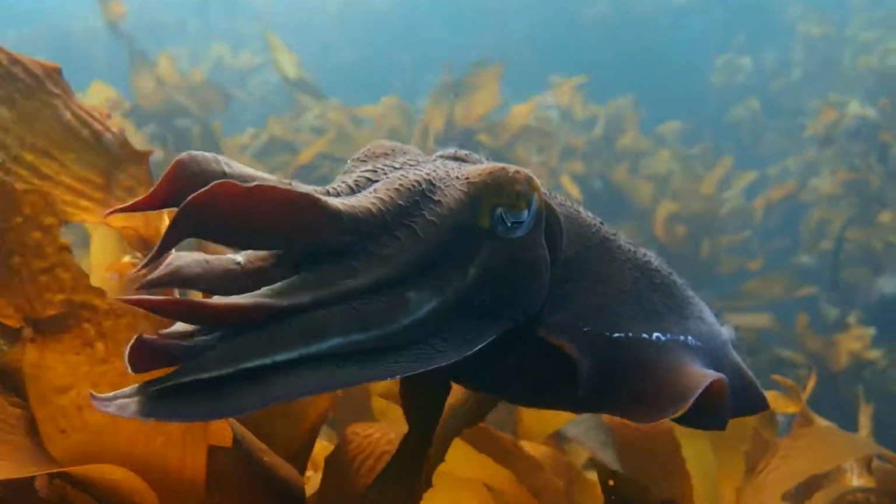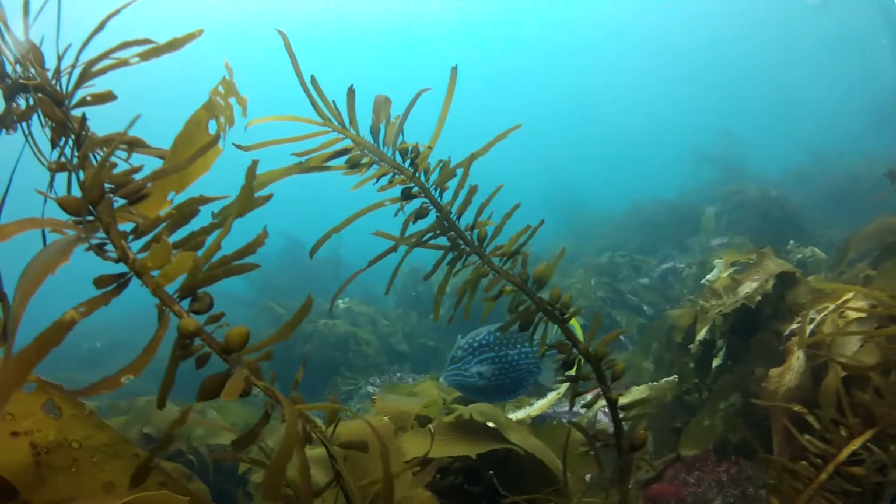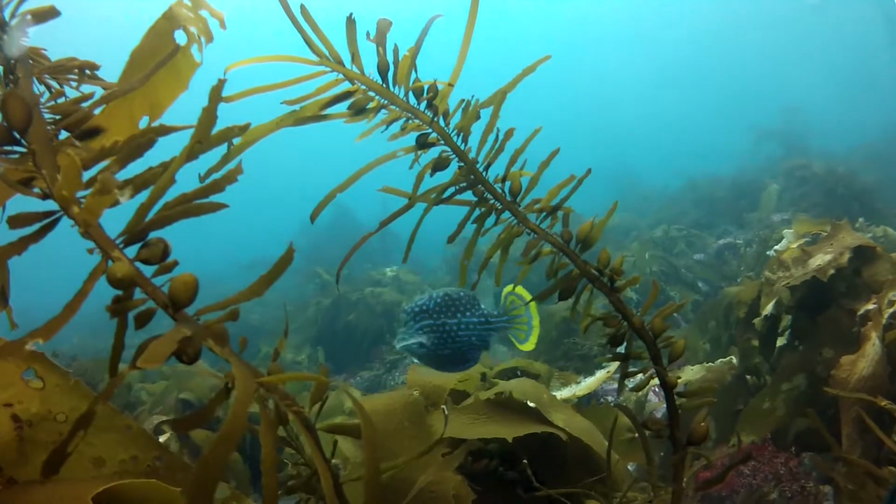I'm Cayne Layton and I'm a final year PhD student at the Institute for Marine and Antarctic Studies at the University of Tasmania. And I study the population ecology and the resilience of kelp forests. Kelp forests are incredibly important ecosystems. They have extraordinary levels of productivity and biodiversity, and kelp are really the foundation species of the rocky reef communities